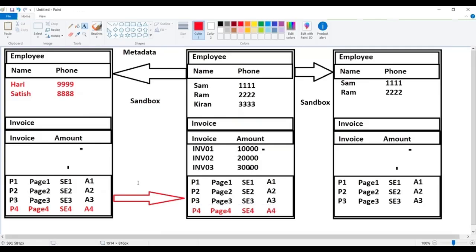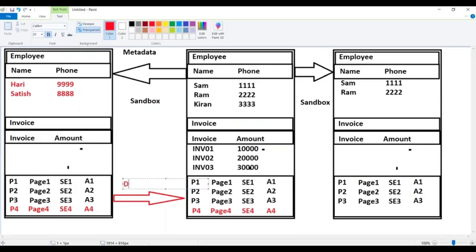So what is a deployment? Deployment is moving the metadata changes from one environment to another environment, generally from sandbox to production. Okay. So deployment,